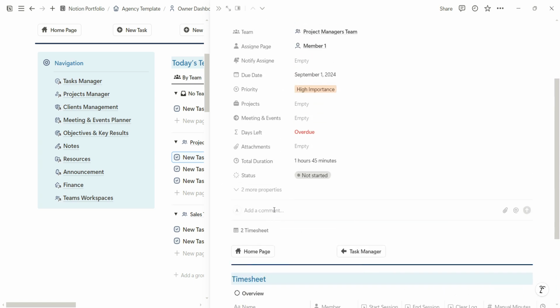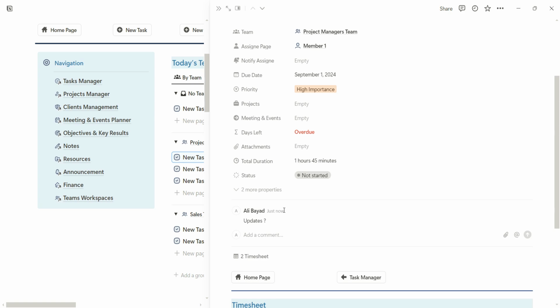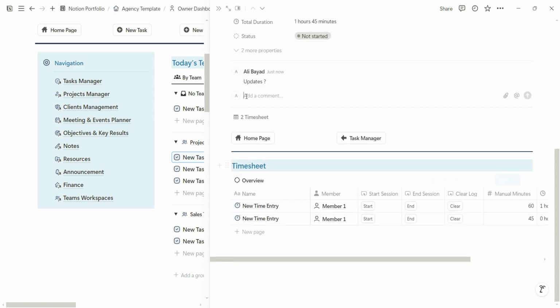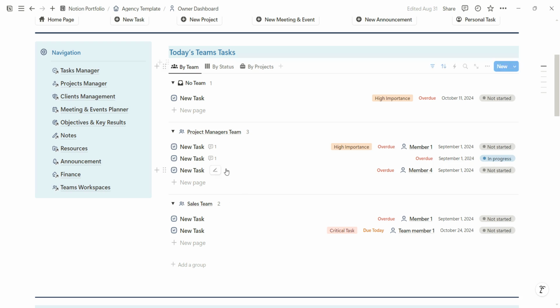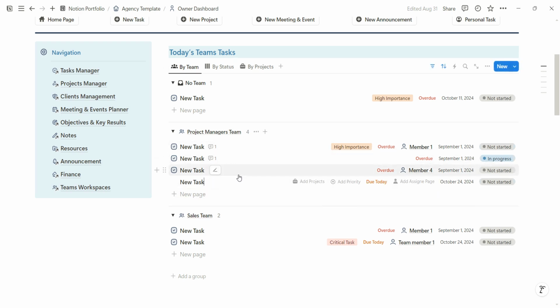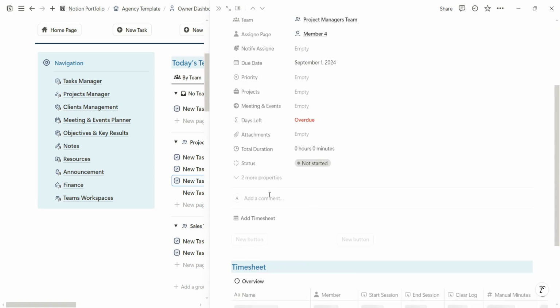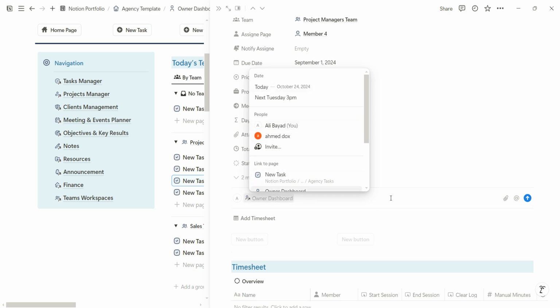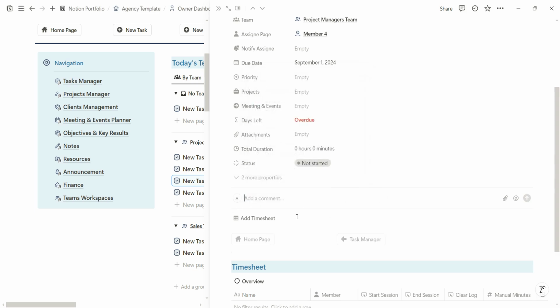You can also write comments, like if you want a sort of discussion with your team, you can write here in the comment. So for example, if you want to ask them for updates or something like this, you could just write it here and then submit it like this, and they can see the comments. You could also tag the person too, by clicking here and choosing from the list. So as you see, you could have a sort of feedback between you and your team